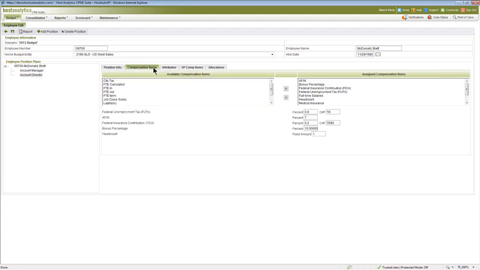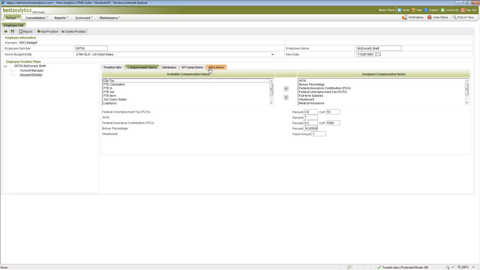So if I go to my compensation items, assigned over here on the right-hand side are those that are applicable to full-time employees. Now I've got others that are available, and it's just a matter of choosing the ones that are available when I set up my types. And I also can easily set up the taxes. You know, when I hit limits, this will all be factored in. What my bonus is, 401k matching, anything like that can be literally defined down to the dollar and used to roll up your total human resources budget.